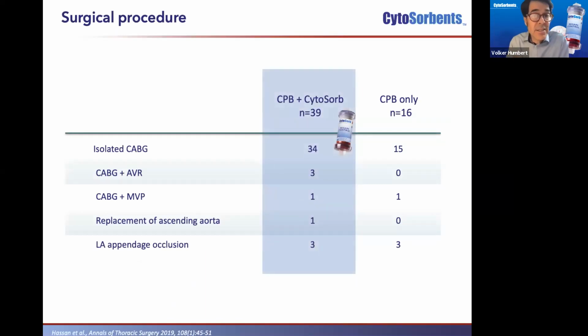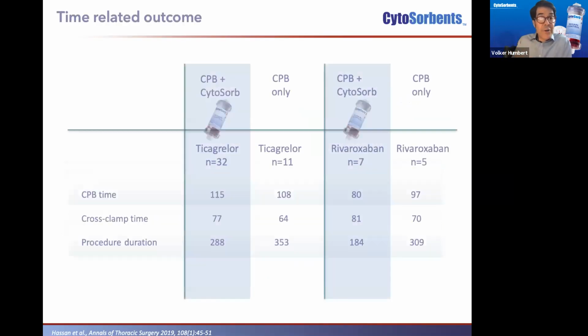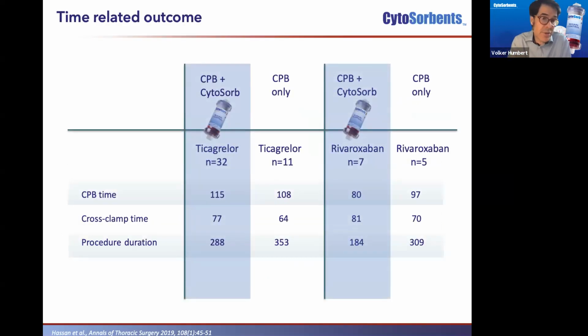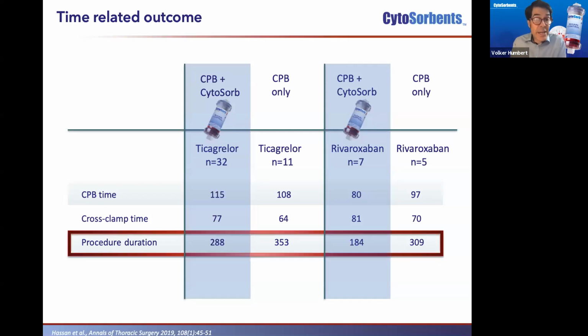And now let's have a look at the results, or at the analysis. This is first of all a list of the surgical procedures. So in the majority of the cases, it was CABG surgery. The first difference was, and this was noted by the surgeons immediately, that despite the fact that the cardiopulmonary bypass time was very much comparable, the procedure duration was significantly shorter in the Cytosorb groups than in the groups that did not have any Cytosorb therapy, because there was by far less time needed for controlling the bleeding after weaning